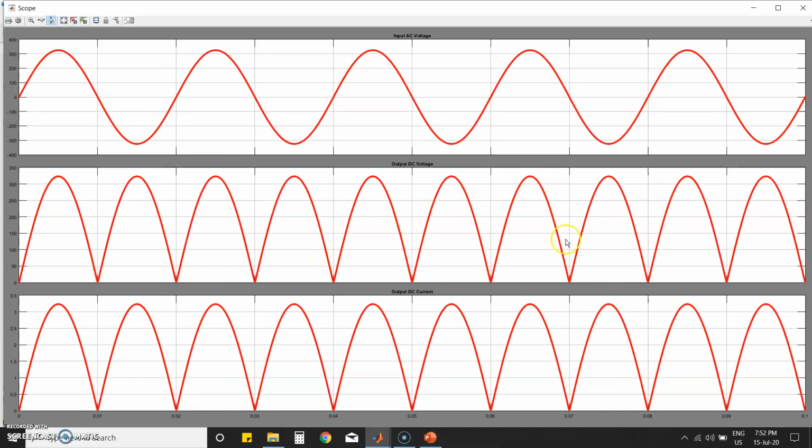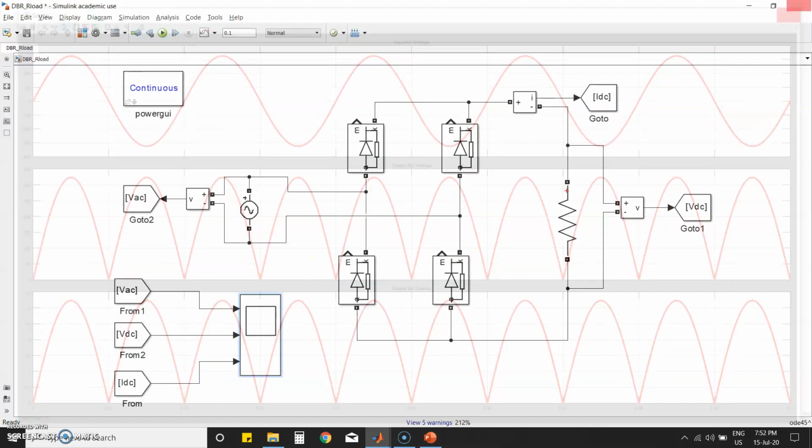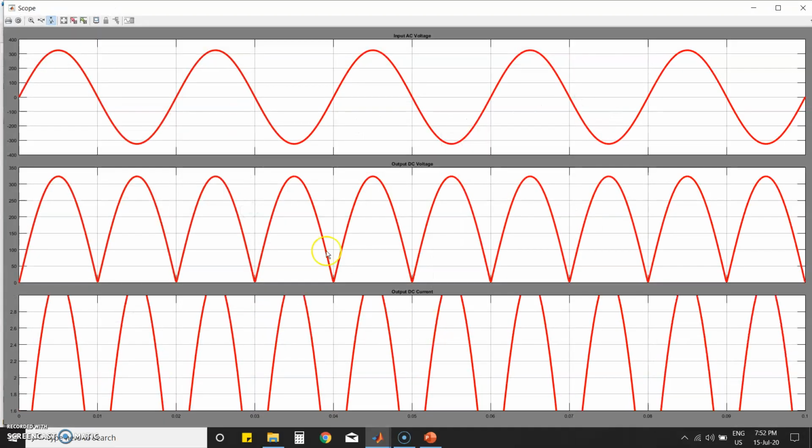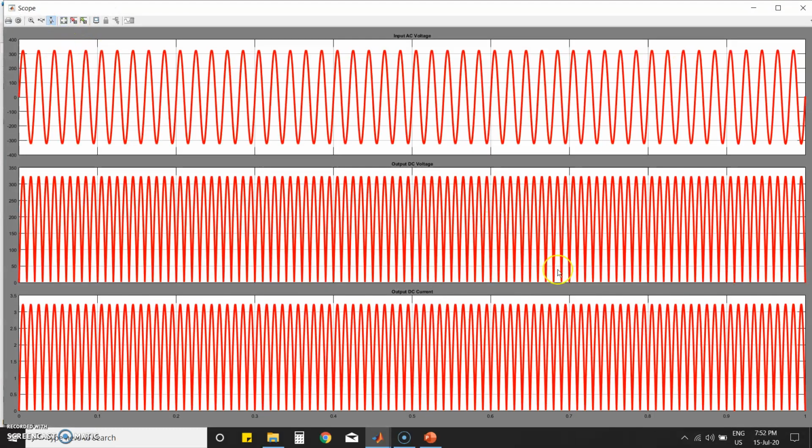So this is the original waveform. We can run it for whatever number of seconds. If I want to run it for 1 second, I can run the same. The x-axis gives the time in terms of seconds, and here we have given 1 second.